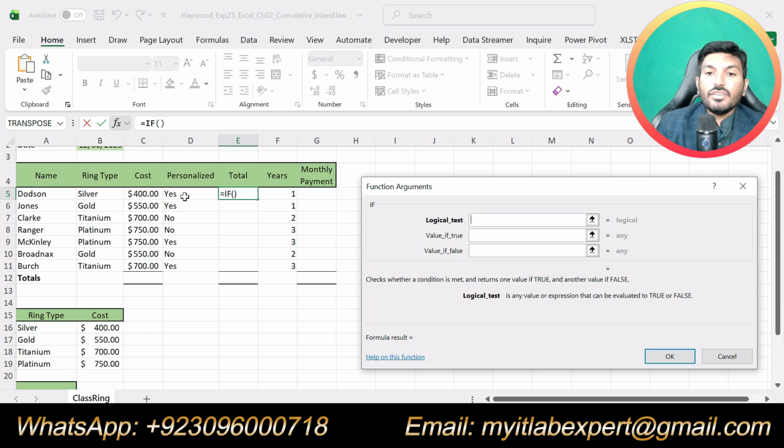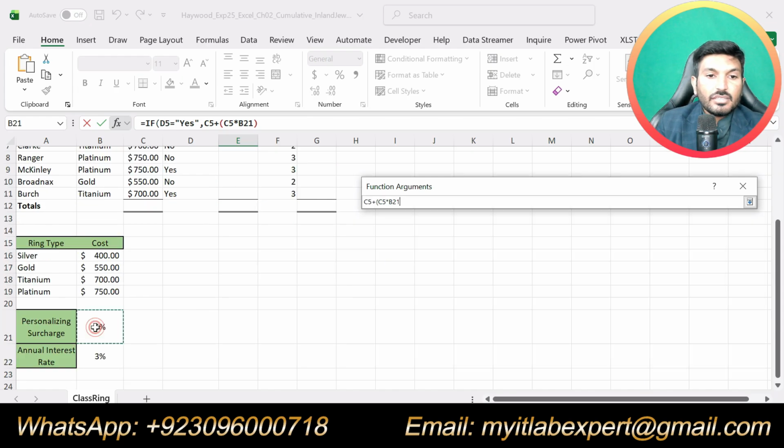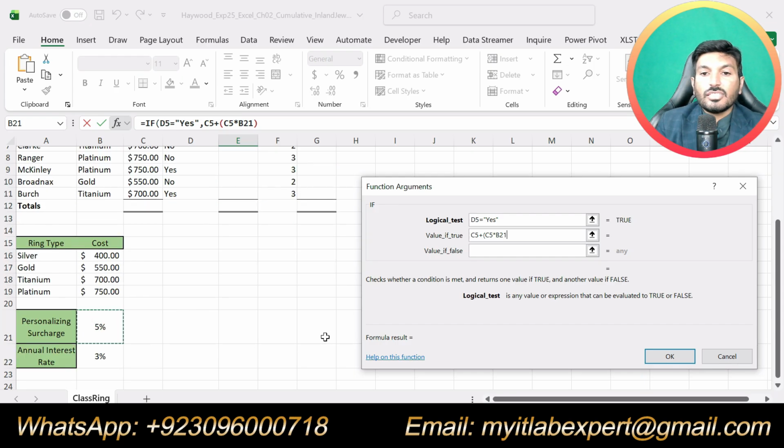So if D5 is equal to yes, that means the student has chosen to personalize the ring, then our total due will be the cost, that is C5. We will add to the C5 the multiplication of C5 by B21, that is the 5% personalizing charge.